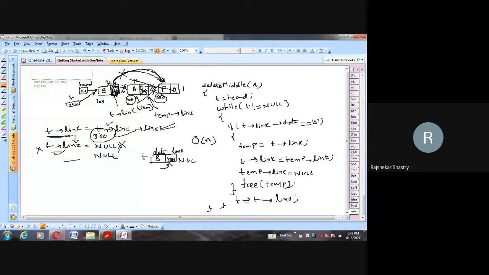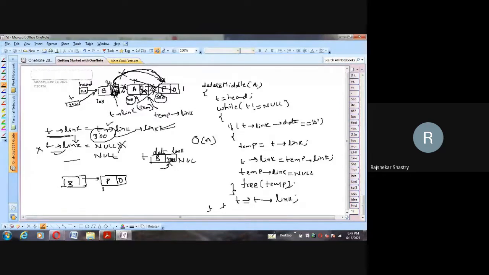But there is still a problem. What is that problem? We call it a dangling pointer. A dangling pointer is a pointer pointing to memory which is already deleted. So now, assume your figure looks like this: B is pointing to the next node called P, and of course P is pointing to null.